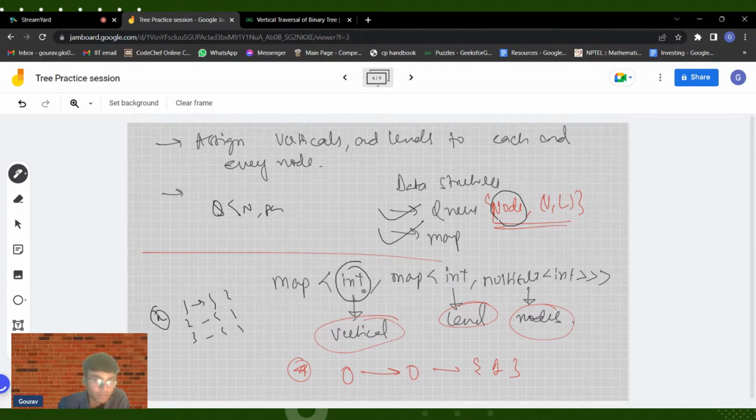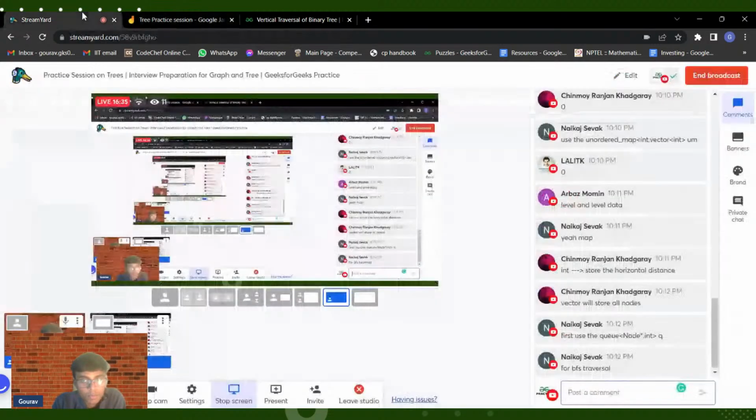The second parameter is again a map, because I need to store the levels as well. And the second parameter of the second map is a multiset, because there can be repeated values actually. We can also take a set, but we are not sure that all the values are unique. That is the reason we are taking a multiset, because in multisets duplicate values can be stored, but not so in sets. So I hope up till here it is clear.